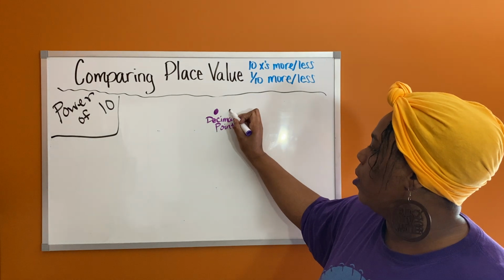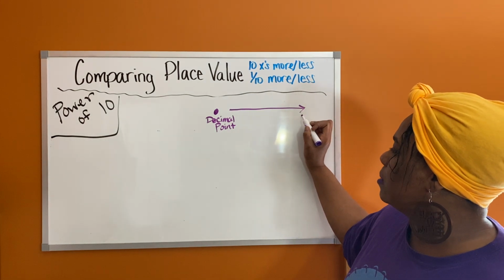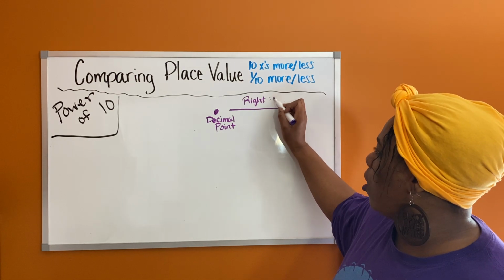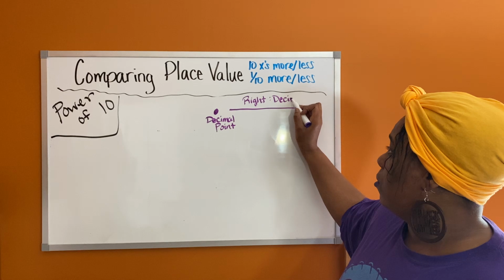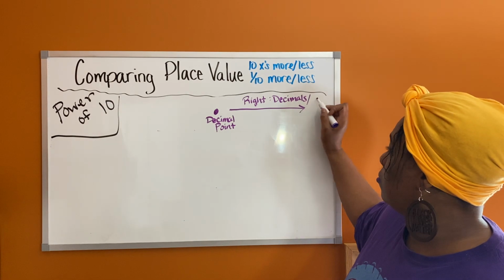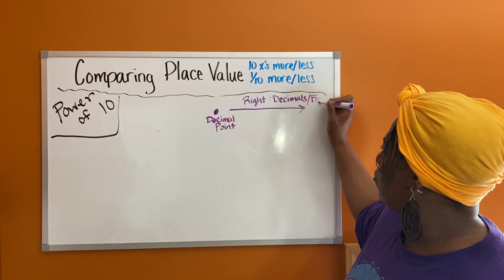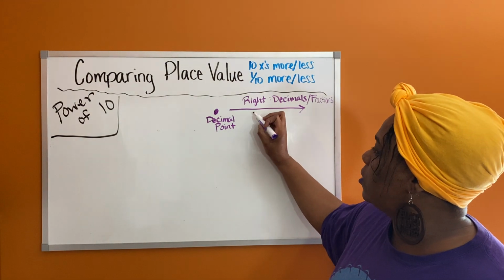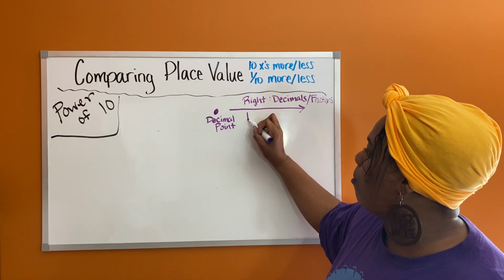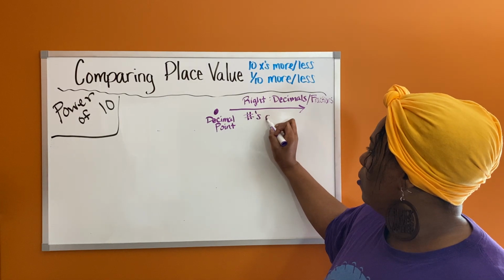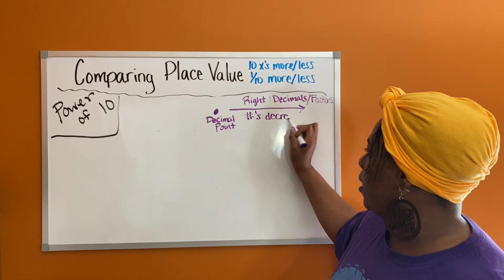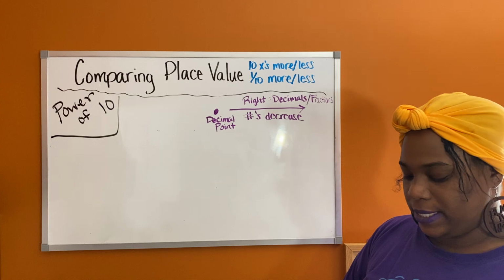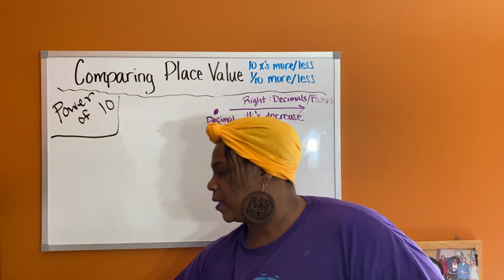All right, and if you remember, when we go to the right of the decimal point, these are our decimals and our fractions. You also need to know that numbers get smaller. They decrease in their value as you go further to the right of the decimal place. And then on the flip side of that,